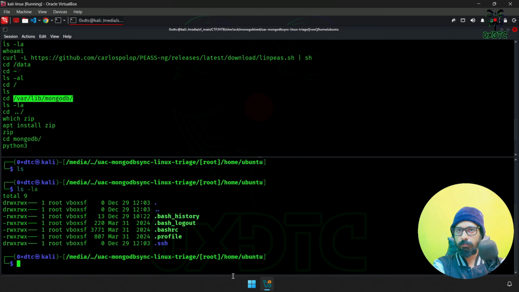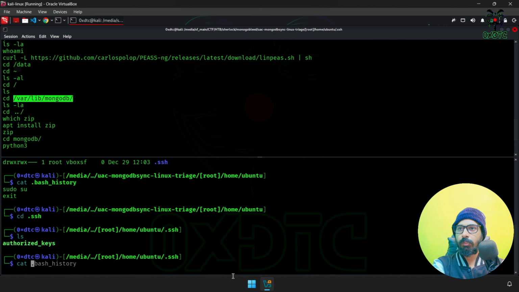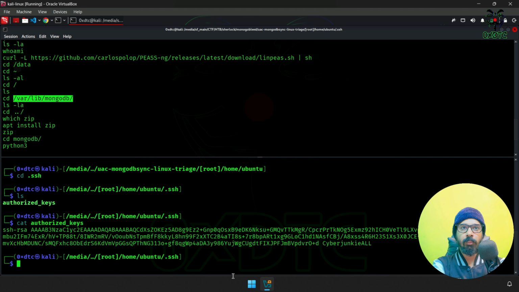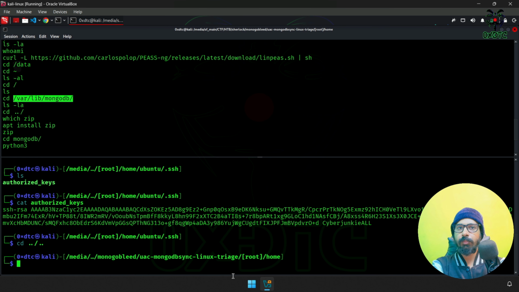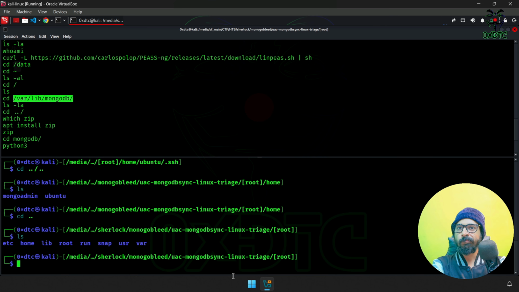ls -la. cat .bash_history. It's a sudo ssh, cat authorized keys. Oh, it's a cyber junkie key. ls back, and